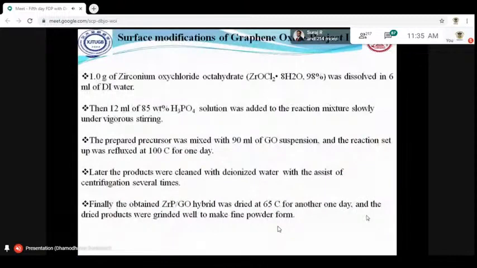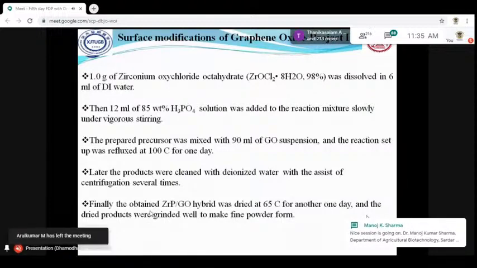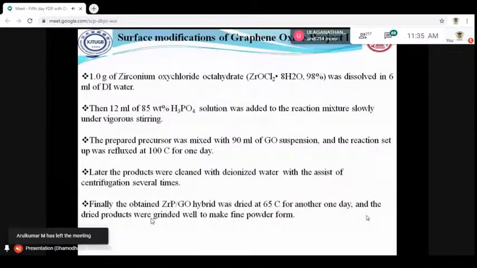This third project is related to zirconium phosphate, because in our first two projects we mainly concentrated on mechanical and thermal properties, because all our projects are industrial projects. So the industry people tell us their requirement, and we work for them and develop the mechanical and thermal properties. In the third project, the industry people asked us to work on some anti-corrosion and also fire resistant value. So what we planned: in the case of zirconium phosphate, we found that it has better fire resistance,